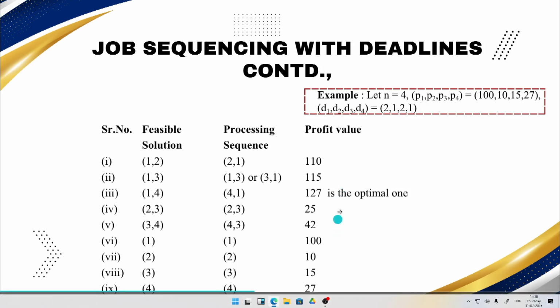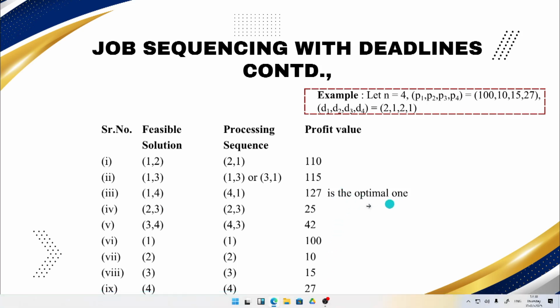Likewise, for all the feasible solutions that could be made up for this particular set of jobs, we compute the profit value and then we report one as the global solution or globally optimal solution, which in our case is picking up jobs 1 and 4, and doing 4 first followed by 1. So, this is how your job sequencing problem with deadline actually works, and this is how we solve it using